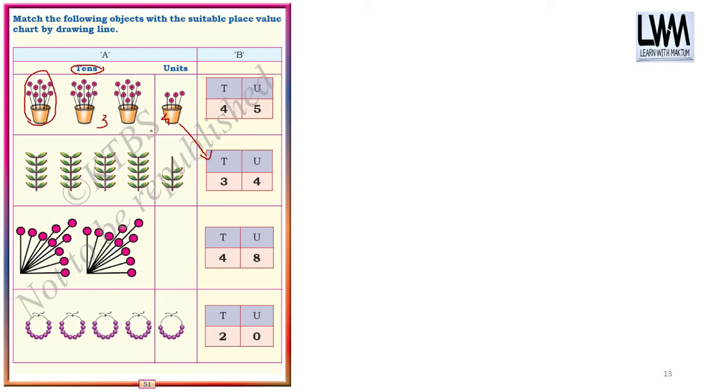Whenever you are writing a number, say you have written 12. For doing any operation like addition, subtraction or anything, you should always start with units. Say for example 12 plus 5 you are doing. You should always start adding from the units place. Addition, subtraction, anything, you should start at the units place. That one thing you have to remember. Or like comparing also, you can start with units first.